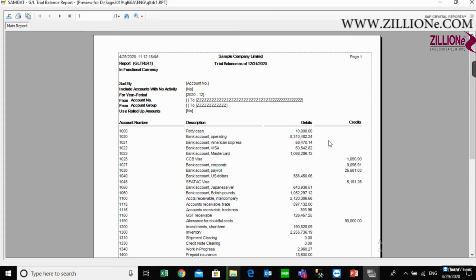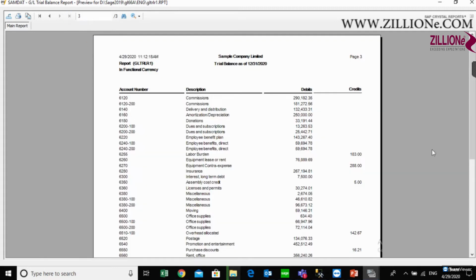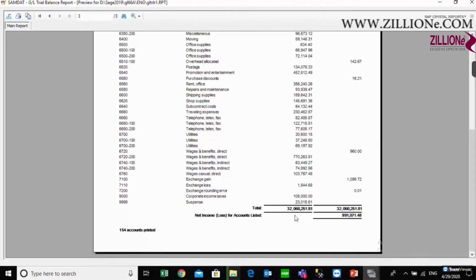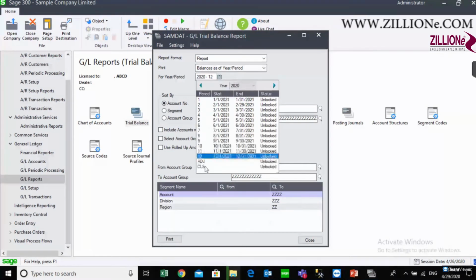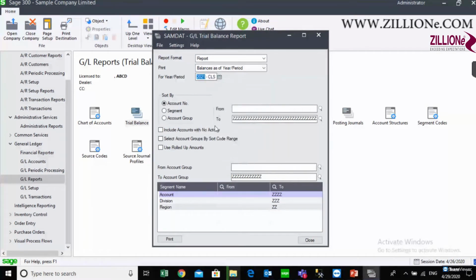Before that, you can check what the net income and loss is. You can note that down as well, and also you have to check that the trial balance is tallying before the year end. Then again you have to take the other report called TB closing period.